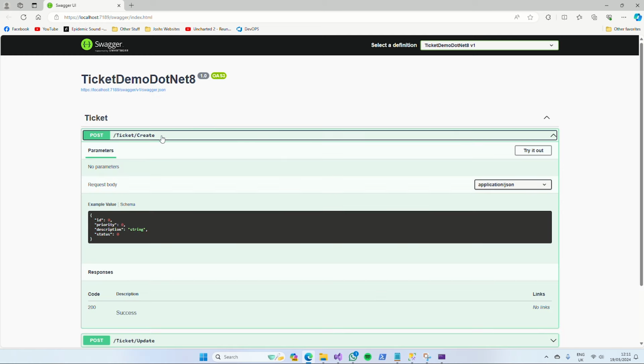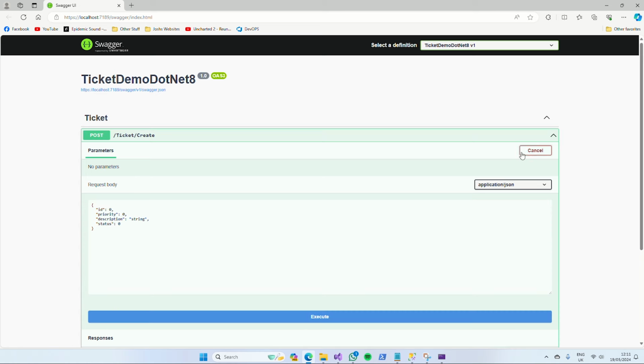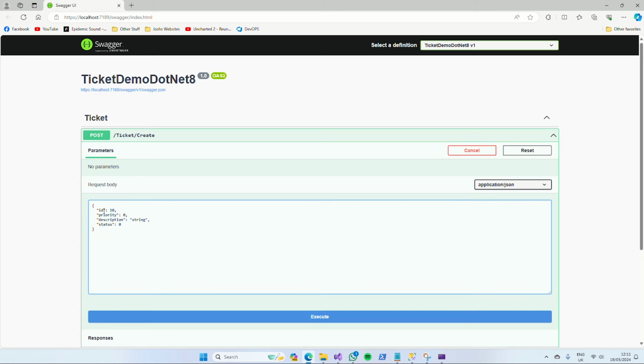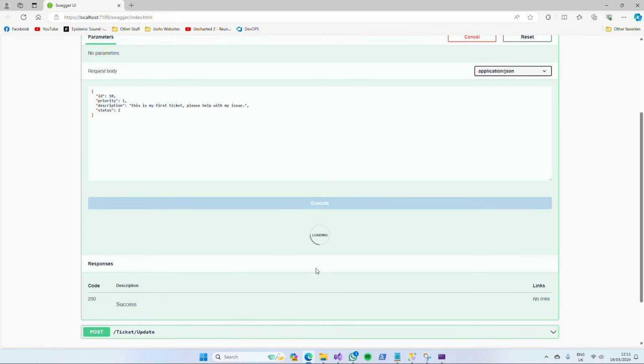So in here now we can go to our post and we can see we have an ID of 0. So let's hit try out. We'll have an ID of 10. We'll have a priority of, let's say, 1. Our description will be, this is my first ticket. Please help my issue. And we'll set the status as 2. Again, we're not really doing any validation here. We can, of course, add validation in the future to check that a status is valid, etc. But if we hit execute,